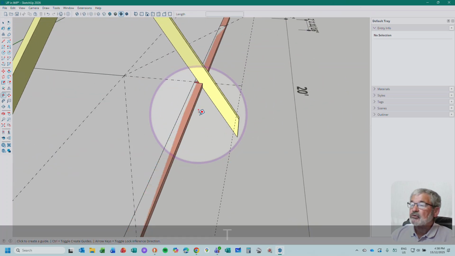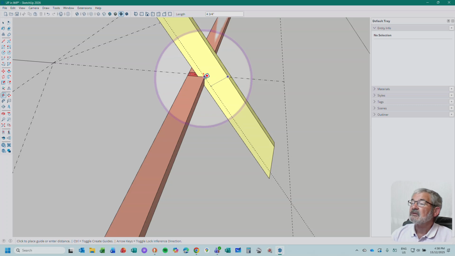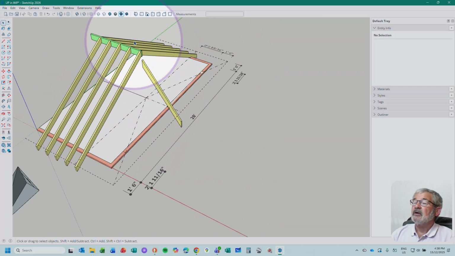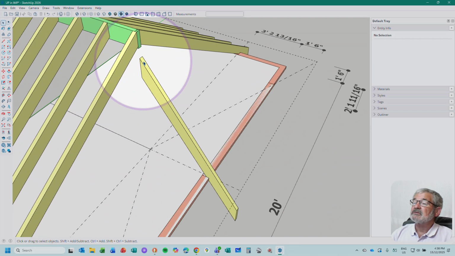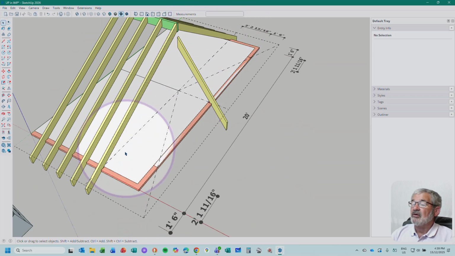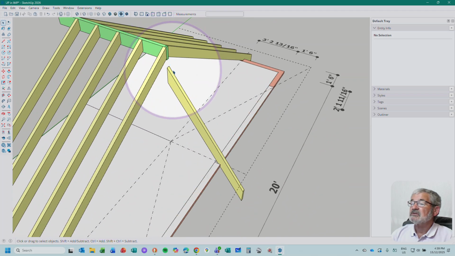Again, this is what I was talking about: 4 3/4 from there down to there. I think that might have been what was intended. Anyway, that's what I did. All right. So then I thought I better put this to the right height. That could be done either so that the heel at the overhang lines up, or the center lines line up. Probably